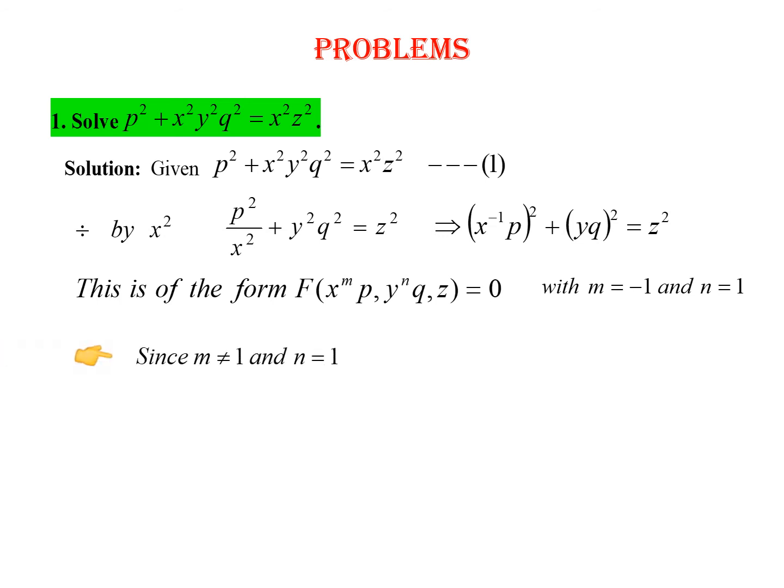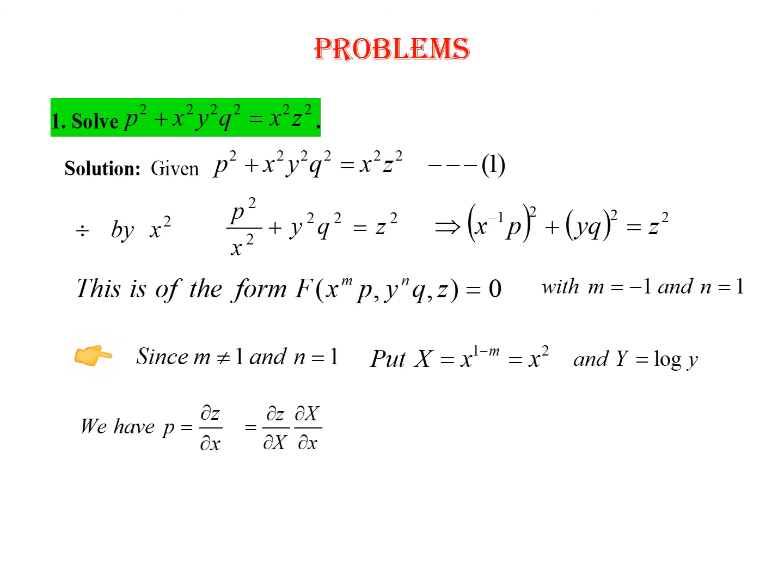Now once we get the values of m and n, let us see which case we need to consider. Since m is not 1 but n equal to 1, we have these substitutions. Since m is not 1, capital X has to be x^(1-m), which is going to be x squared, because m is minus 1, so x^(1-(-1)) becomes x squared. Similarly, capital Y will be log y, because n is 1 here, which comes under the second case. And after doing the substitution, let us go to small p, which is dou z by dou x.